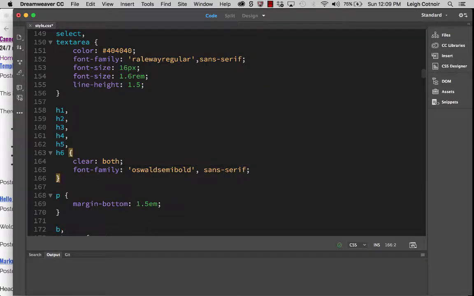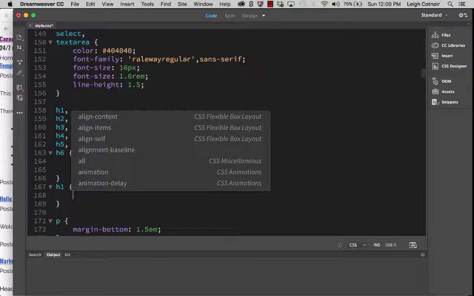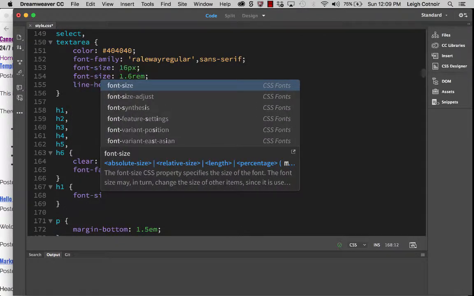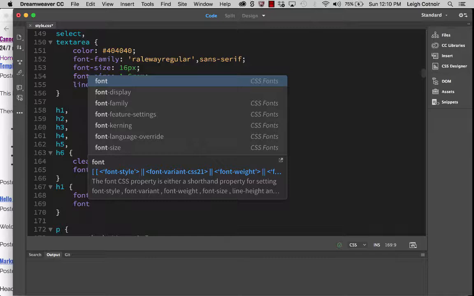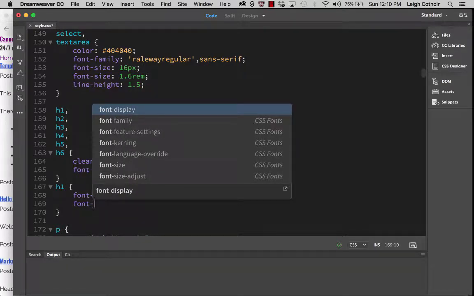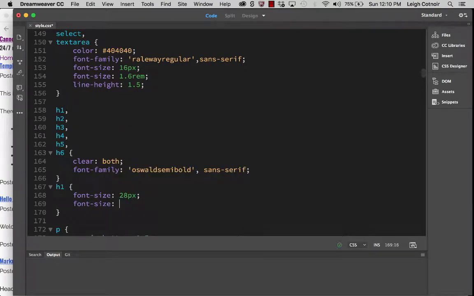Okay. All right. And so let's come down here right below all the heading levels, and we're going to really quickly do a declaration. Actually, let's just go ahead and we'll set all of this up. We'll say font size, and let's start the font size for the H1 at like 28 pixels or something like that, something much larger. And then again, we're going to do our font size again in rem, and then you can kind of see what happens. So we can say 2.8